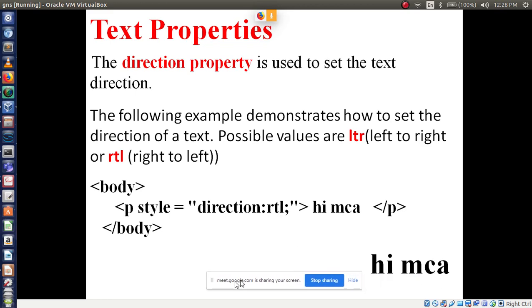See, the following example demonstrates how to set the direction of text. Here the possible values are two types: one is left to right, the other is right to left. Left to right means by default it will display on the left side. Here in this example, right to left means Hi MCA will display on the right side. Is it clear?